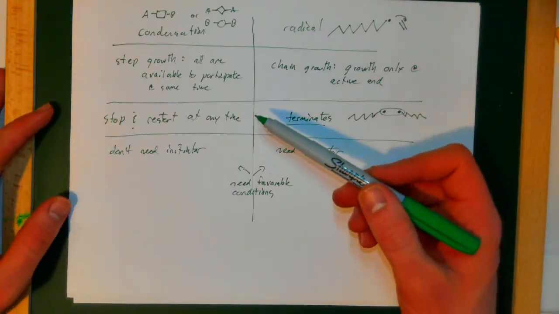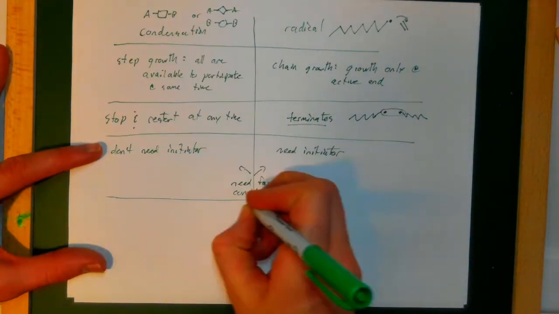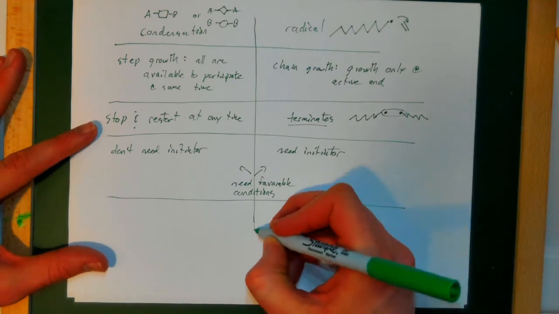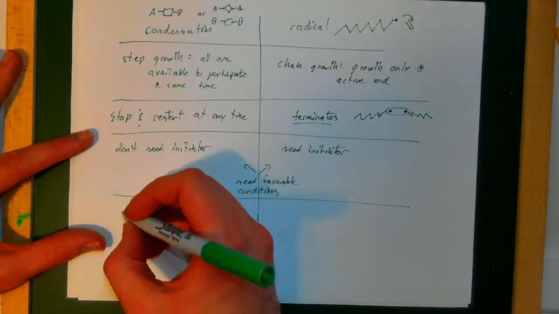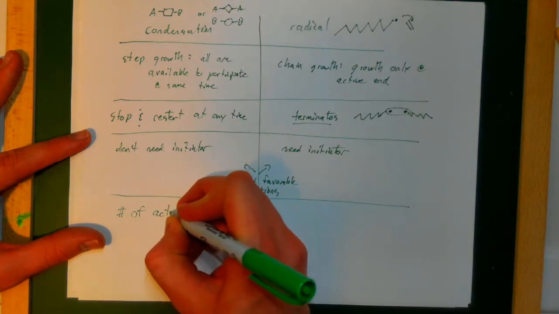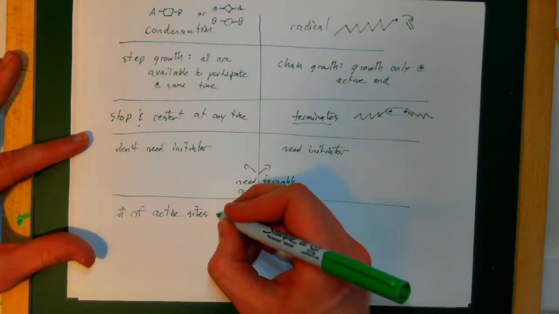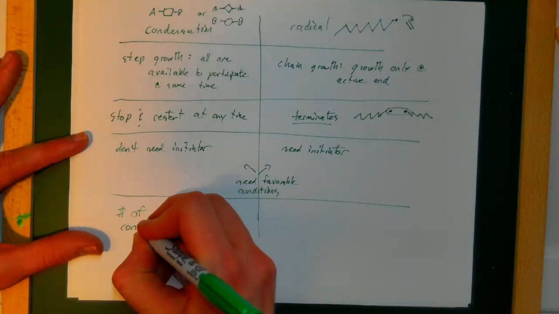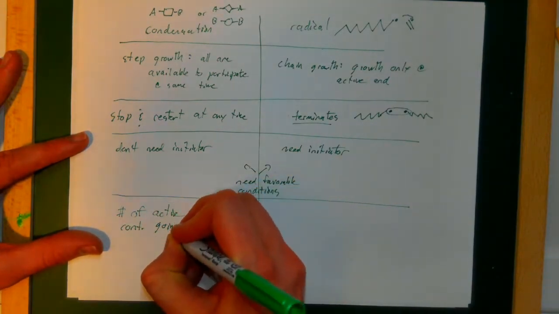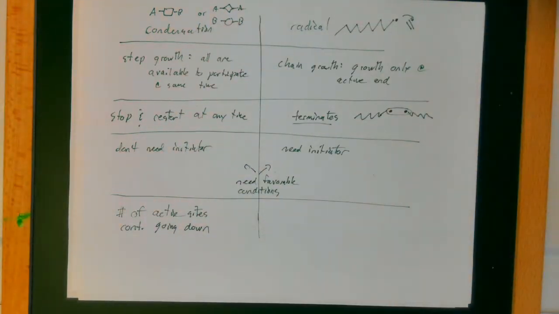So that's the key thing here. The key thing with condensation versus radical polymerization is, for condensation, the number of active sites is continuously going down. What do I mean by that? Well, imagine at the very beginning